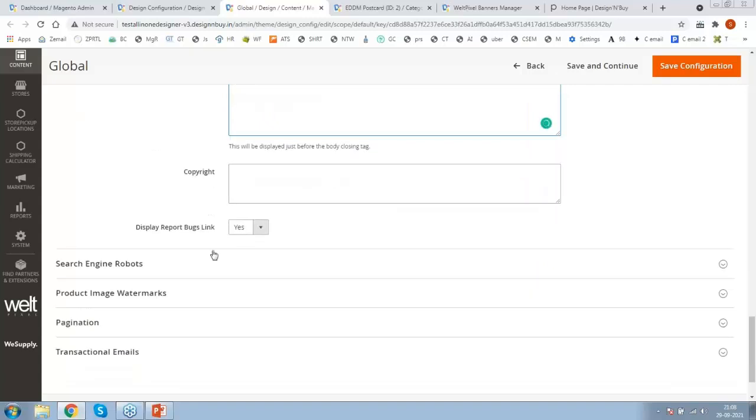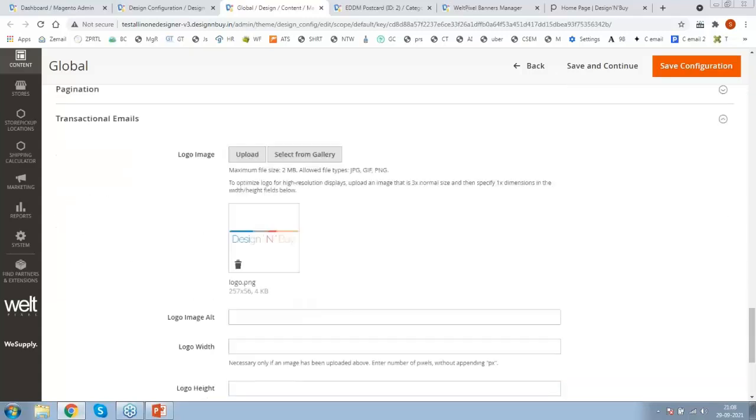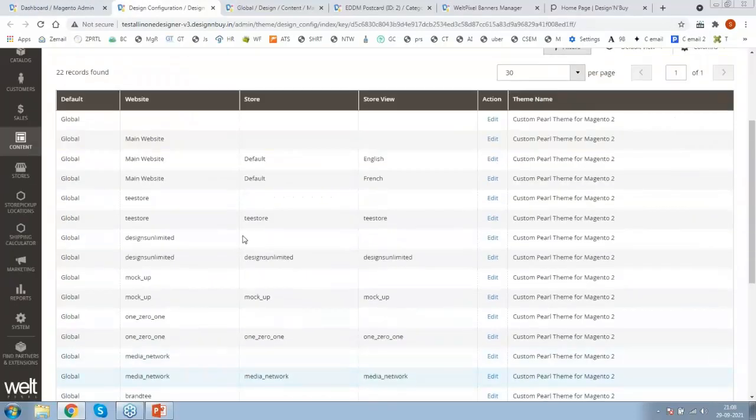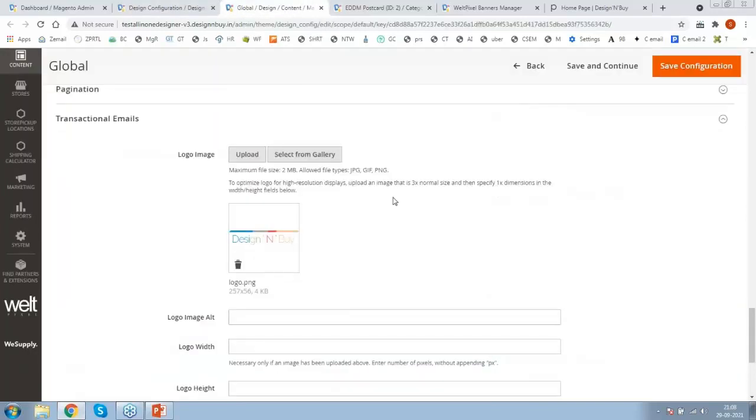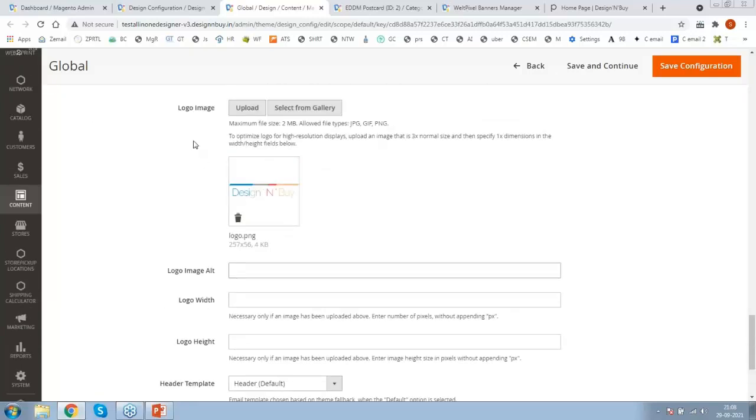Now please take note that for all your transactional emails, maybe let's say you have got an order, there is an invoice, there is a cancellation of an order, all the emails that are being sent from default Magento, you can upload your store-wise logo. You can see here, let's say I have 3 stores. For the 3 different stores, I want to upload different logos. Let's say in a single admin I have 3 different websites. For all those 3 websites, at store level, you can put your logo over here, so that whenever communication is taking place, this would be the logo in your email communication.